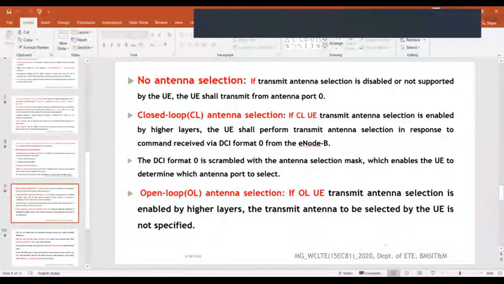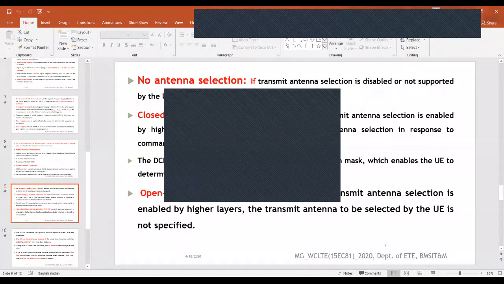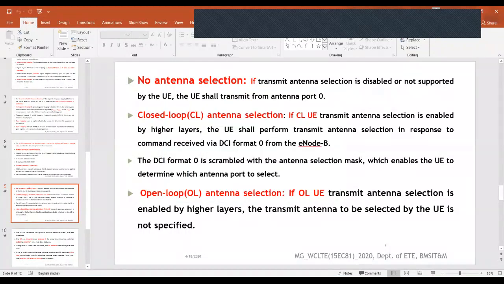This DCI format 0 is scrambled with the antenna selection mask, which enables the user equipment to determine which antenna port to select. For port 0, all 16 bits will be 0. For port 1, the first 15 bits will be 0 and the last bit is 1. That is the antenna selection mask.